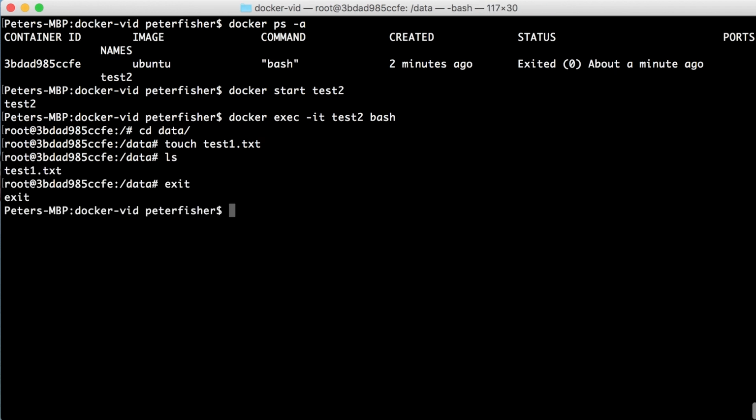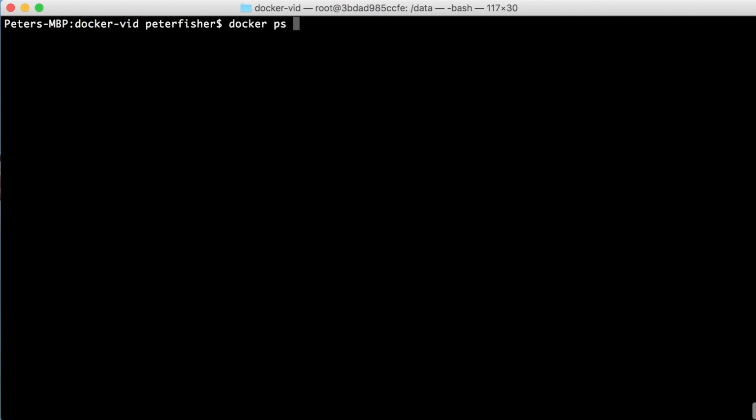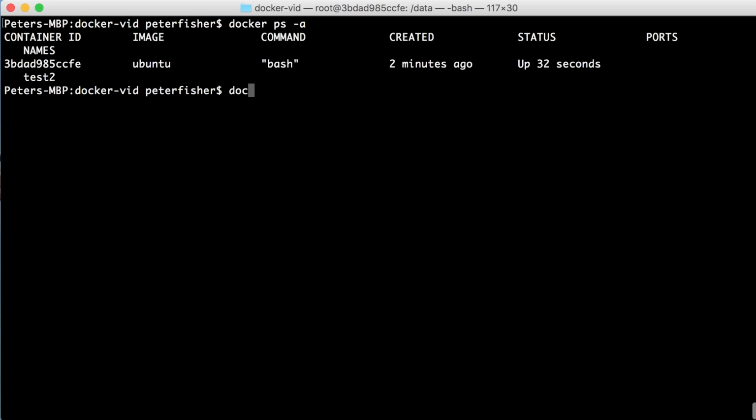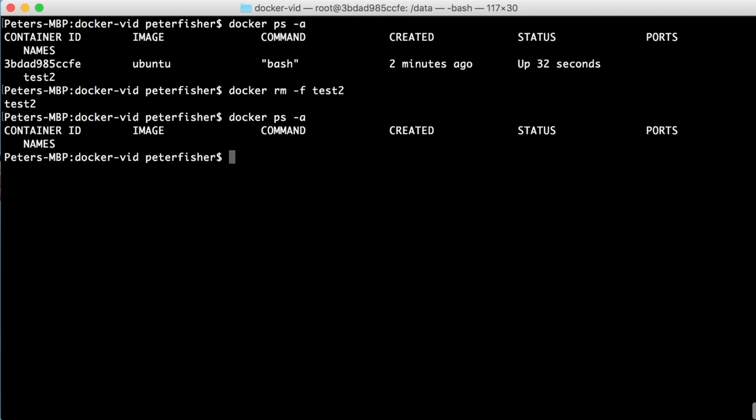Let's do an exit of that and a clear of the screen. Do a Docker ps -a. Let's do a Docker rm -f. We're going to remove this container like so, Docker ps -a, and we can see it's gone. However, the Docker volume is still intact. Docker volume ls, we can see that we still have this data directory here,